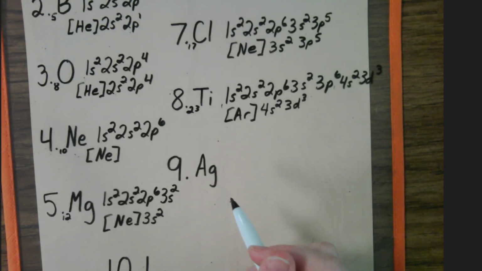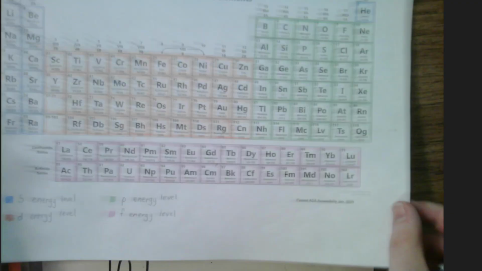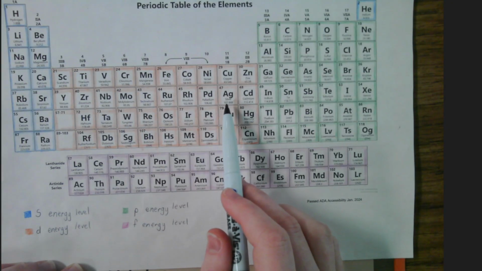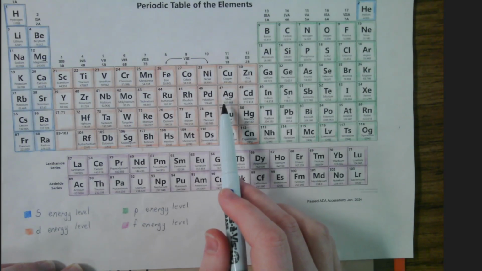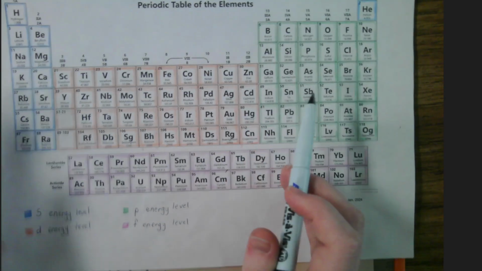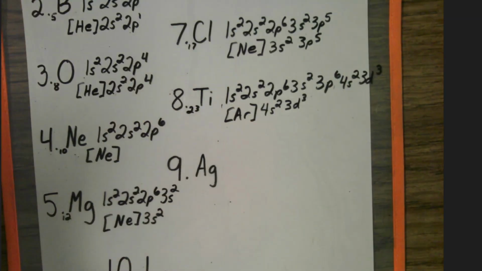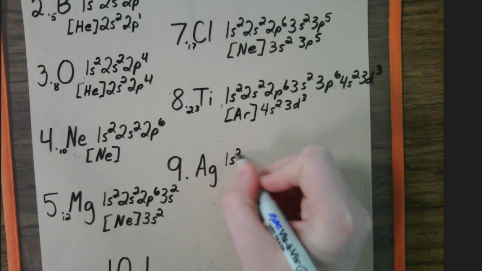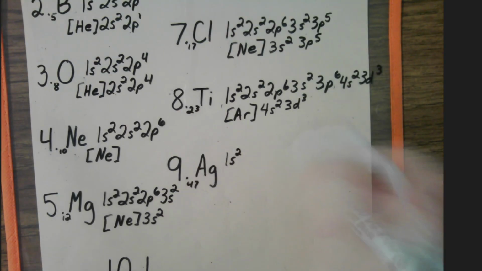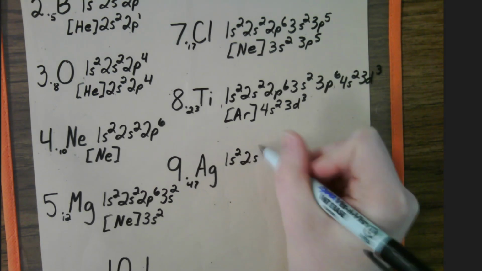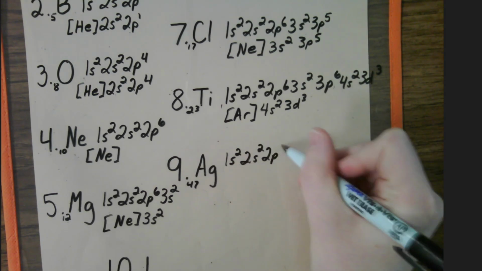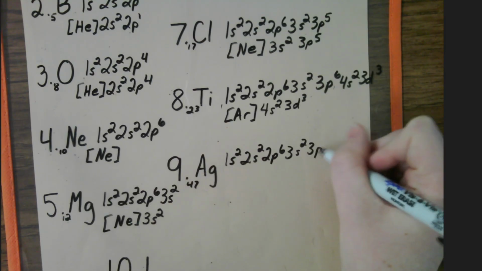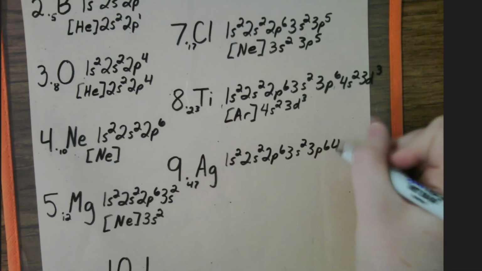Ag is silver. Silver is all the way down here at 47. This one's going to take a little bit. So 47 electrons. We're going to start like we have been. 1s2, I'm going to remind myself here, 47. 2s2, 2p6, 3s2, 3p6, 4s2,